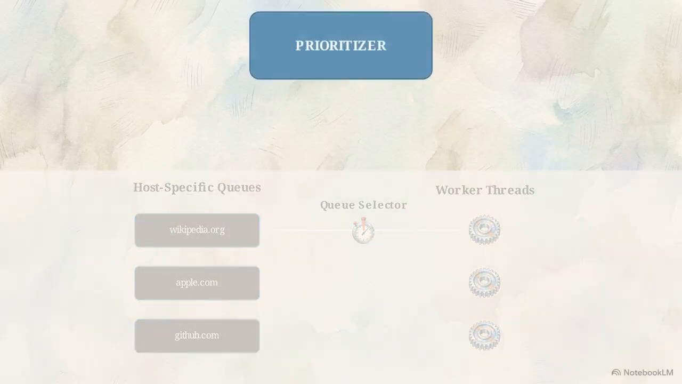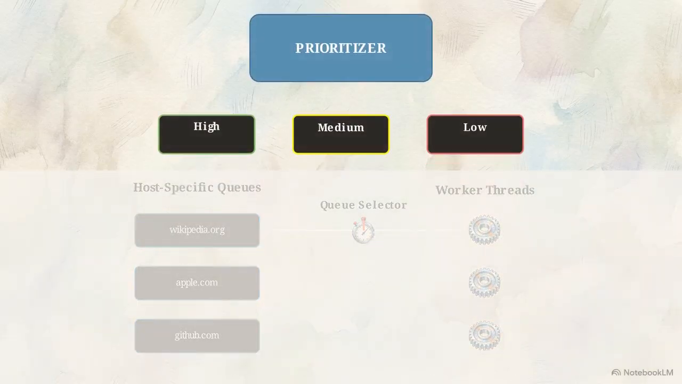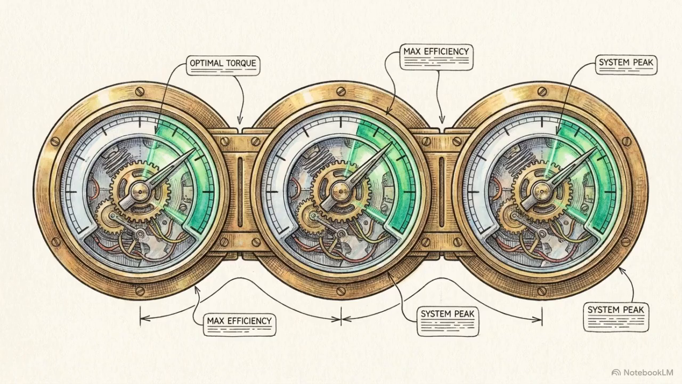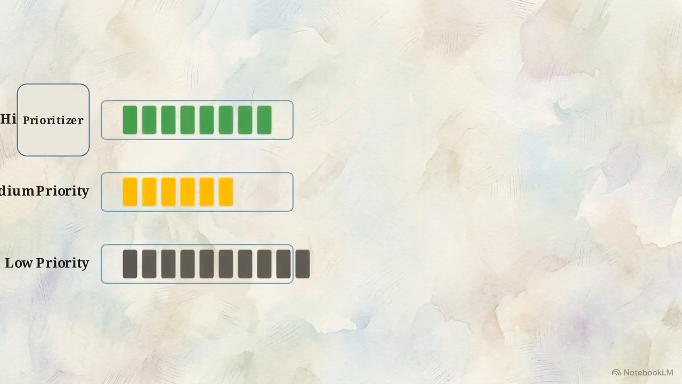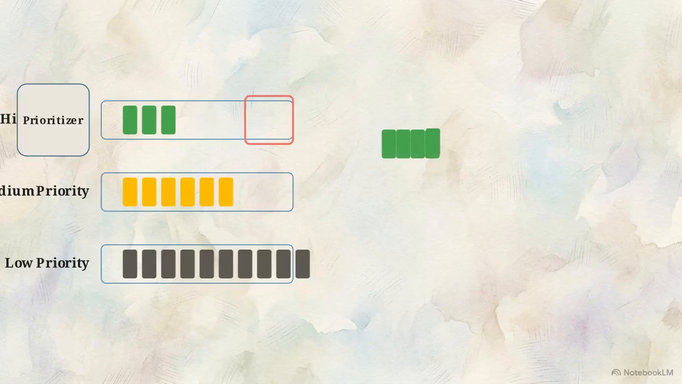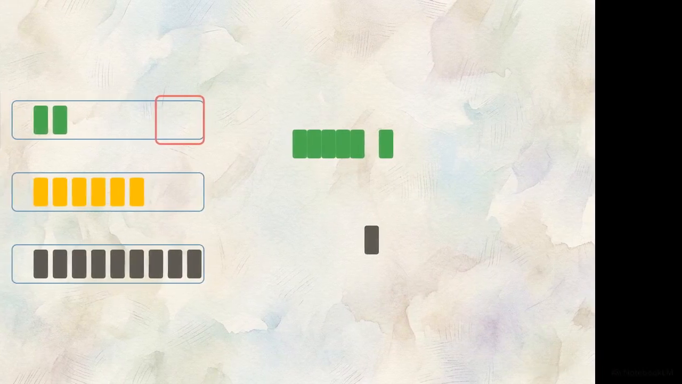Upstream of those politeness queues, we tackle priority. We install a prioritizer module at the top-level front queues to evaluate incoming URLs using a scoring algorithm. URLs are scored based on business value metrics, typically factoring in page rank, overall website traffic, and update frequency. When selecting from these priority queues, we apply a mathematical bias. High-priority queues are chosen aggressively, but we maintain a steady trickle of low-priority selection to prevent the bottom-tier queues from